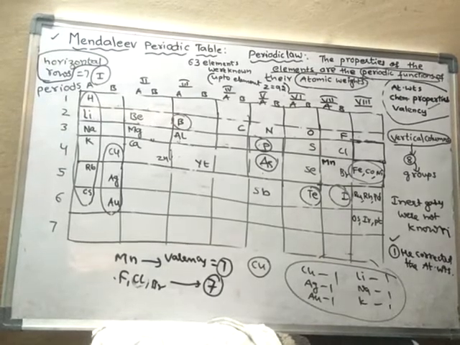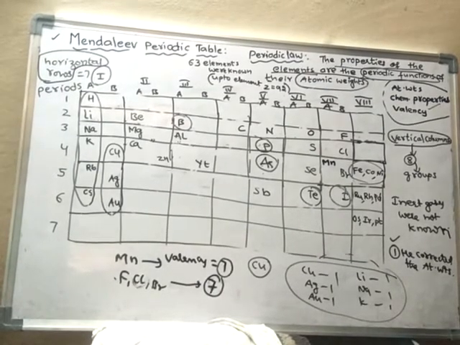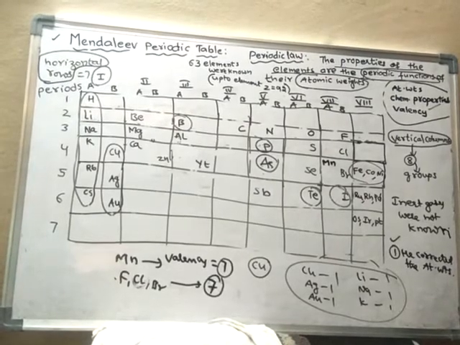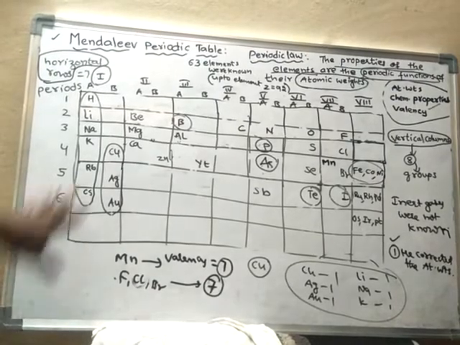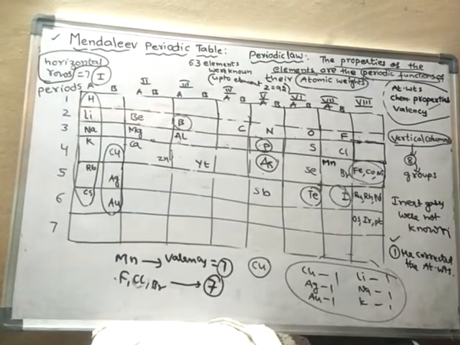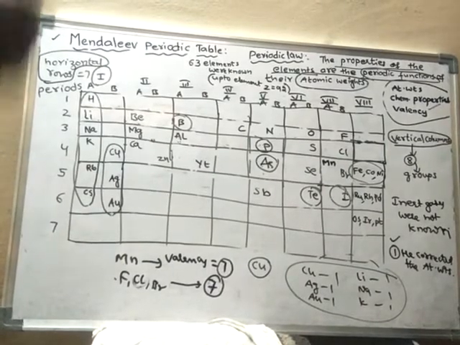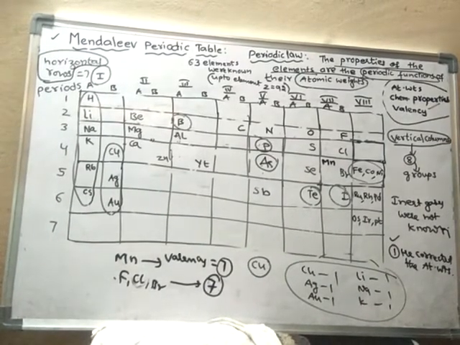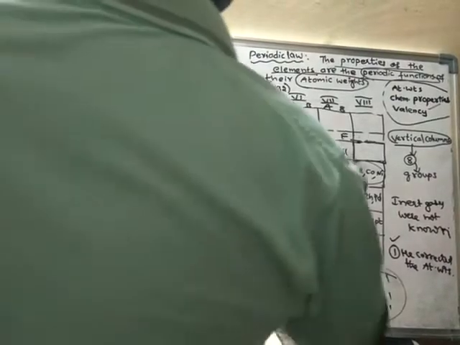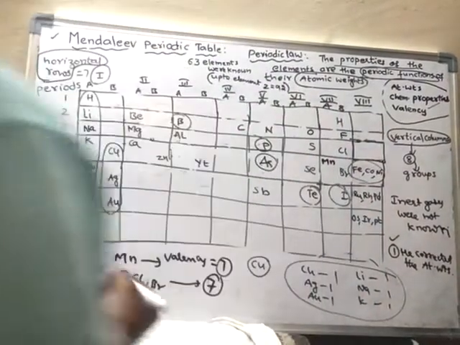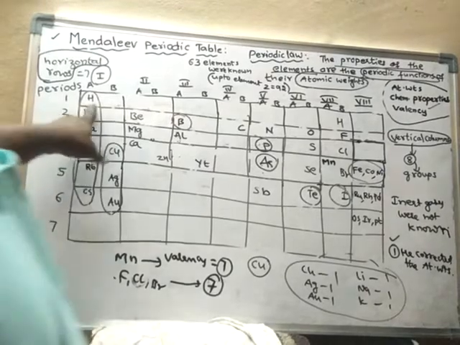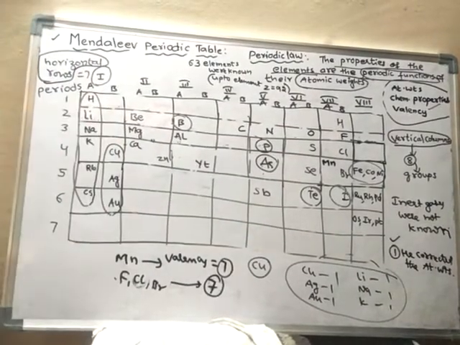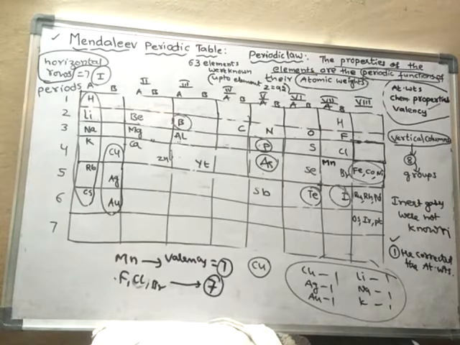Okay, so like this, the Mendeleev periodic table was constructed. Mendeleev constructed this, which is considered as the first periodic table. There are so many defects. And one more thing, he placed hydrogen at 2 places. No element should be repeated in the periodic table. But hydrogen is repeated. It is kept at 2 places. That is also one of the defects.